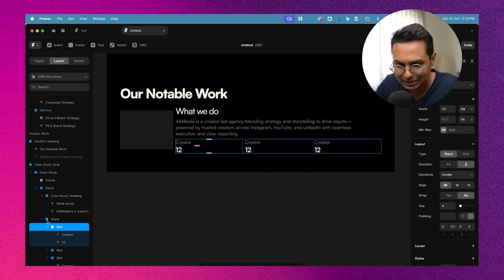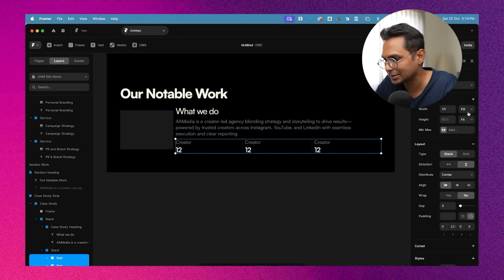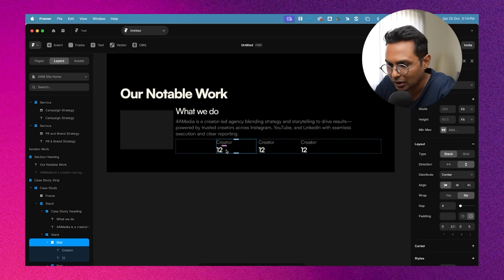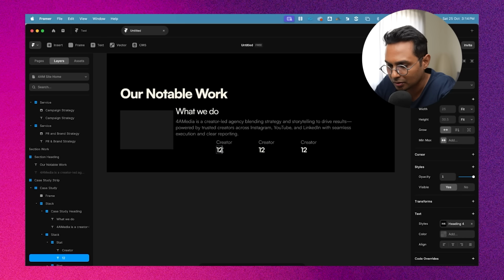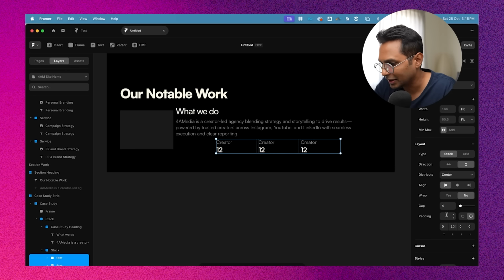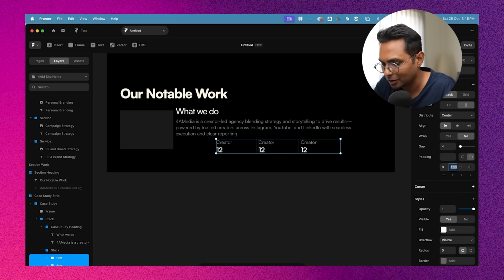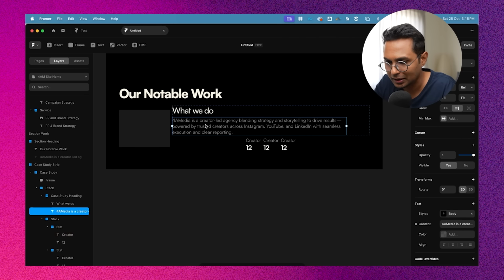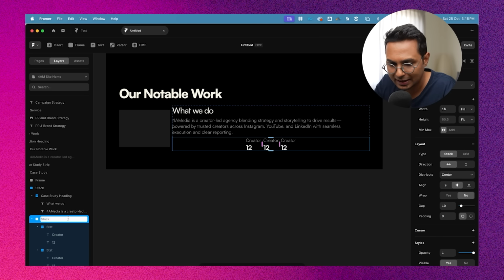So each of these stats, now that we have them individually, I'll select all of them and set the width to fit content. And the moment I do, you see that we have some things in place out here. Each of these, since we had copied and pasted, has a right padding of around 100. So I'm just going to make that 0. So this is how it narrows down. So this is our stack